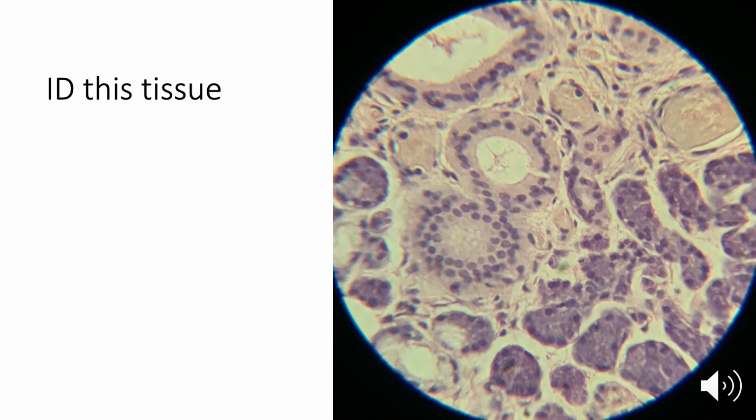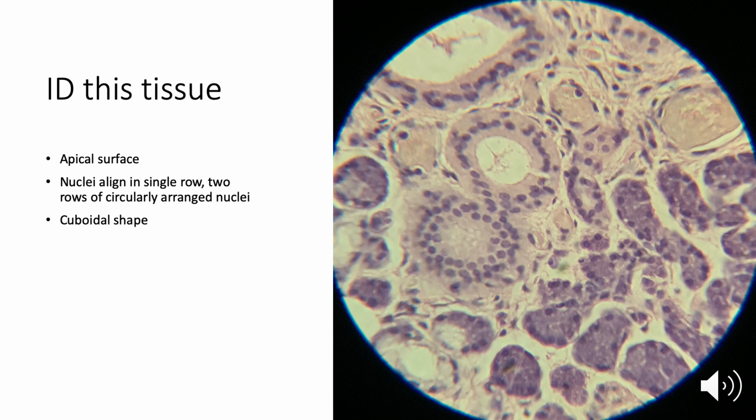All right, next one. This tissue type, and I would be pointing you to this particular area on the slide here. So I'm going to see a lumen. This is my opening, so there is an apical surface here. Let's look at how my nuclei align. I see a layer of nuclei, and this is maybe a little bit better depiction actually. I see a layer of nuclei, and then I see another circular layer of nuclei. So I see 2 rows of circularly arranged nuclei. This must be stratified. And those cells are more cuboidal in shape, and it's really hard to see the boundaries of the cells, but because those nuclei are so nice and round, and because there are 2 short layers, this tells me it must be my